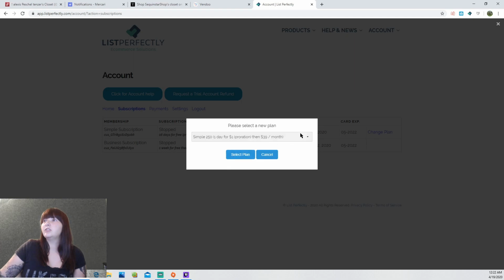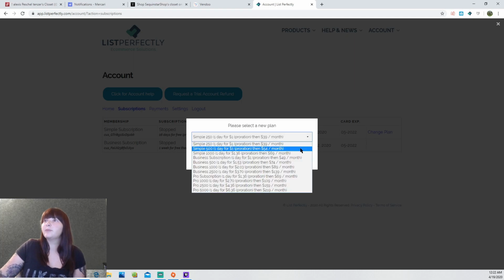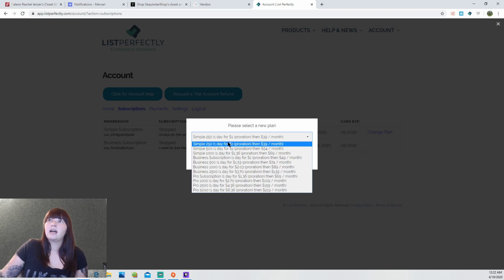And then over here, we can go to see the change plans for List Perfectly. These numbers and these different plans are how many that you're importing into List Perfectly. You can get the simple plan and copy to, and it's like an unlimited number, but like I said, your picture quality is going to go down when you do that, which is why I drag and drop my pictures into the actual platform that I'm using to cross-post